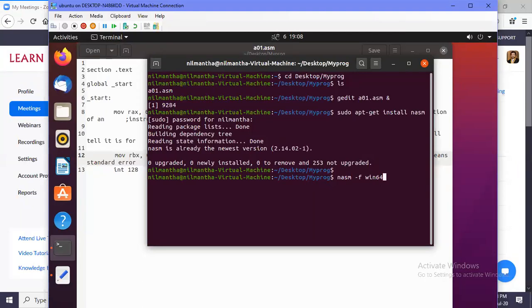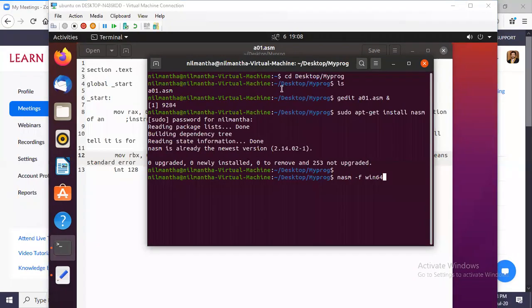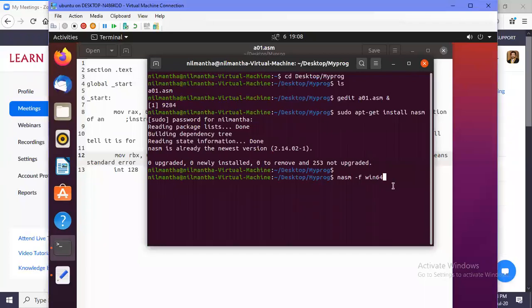If your Linux installation is a 64-bit installation, or it is a 64-bit operating system, that means your laptop or machine has a 64-bit processor and also a 64-bit Linux or Ubuntu installation, then your format must be win64, standing for Windows 64.